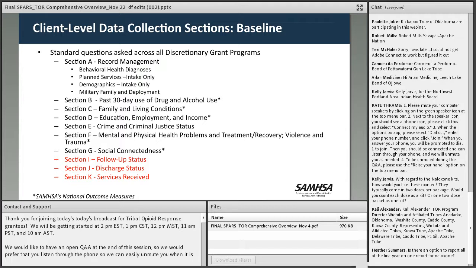So here is a bulleted list of the sections of the client level tool. Section A is your essential background information. This also includes behavioral health diagnosis. Earlier this year, we made a major change to the client level tool, adding a number of ICD-10 codes, diagnostic